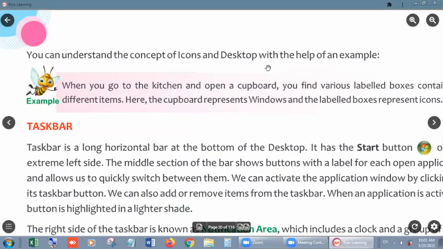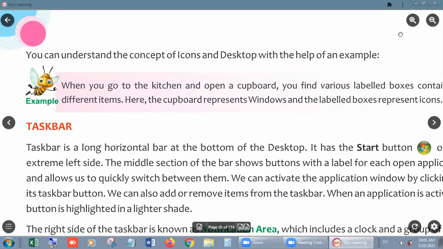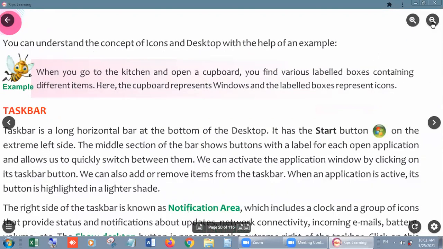You can understand the concept of icons and desktop with the help of an example. What is the example? When you go to the kitchen and open a cupboard, you find various labeled boxes containing different items. Hence, the cupboard represents windows and the labeled boxes represent icons. You know, students, whenever you visit your kitchen, then you have some